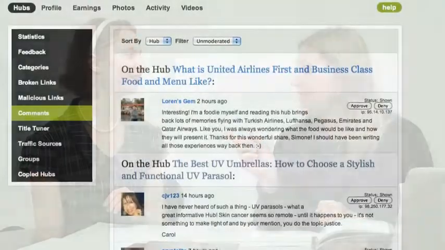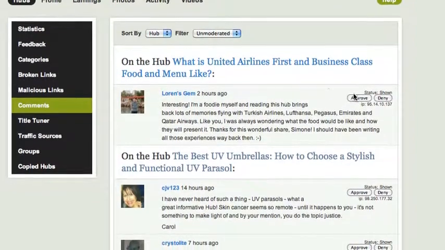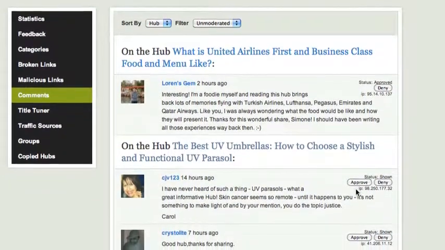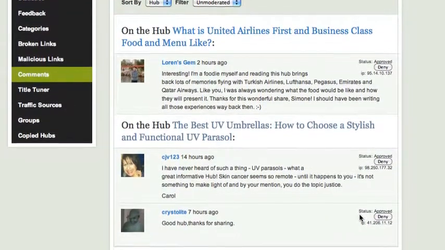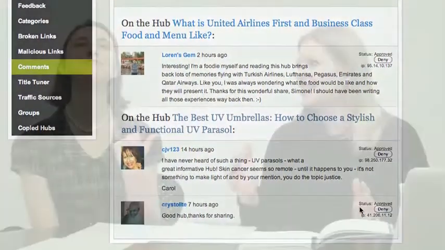Oh, there's one more that I really think is good. You said comments. Comments. So the comments one is also great because it organizes all your comments on one page. And if you have a lot of hubs, sometimes you get lots of comments. You get a lot of fans. Lots of comments, and it's easy to update all your comments, approve or deny them from that one page. That's rather than having to go to each hub, approve it, and come back. Yeah, I go to each hub because I don't get a lot of comments, but you get more than you can handle. So it's especially